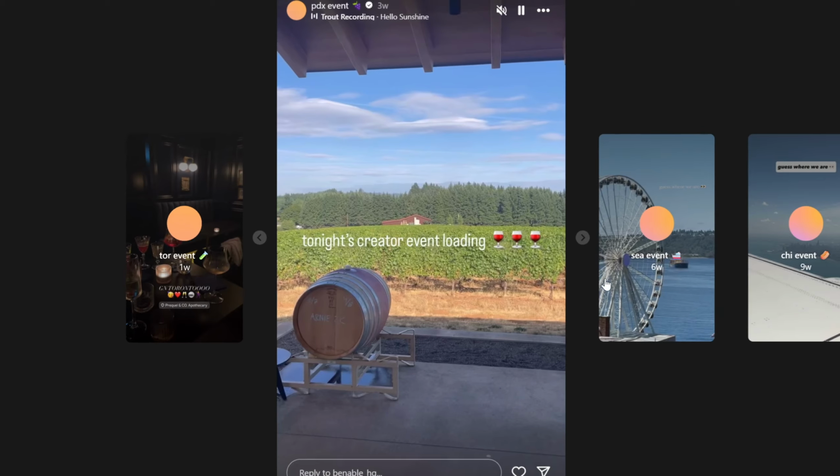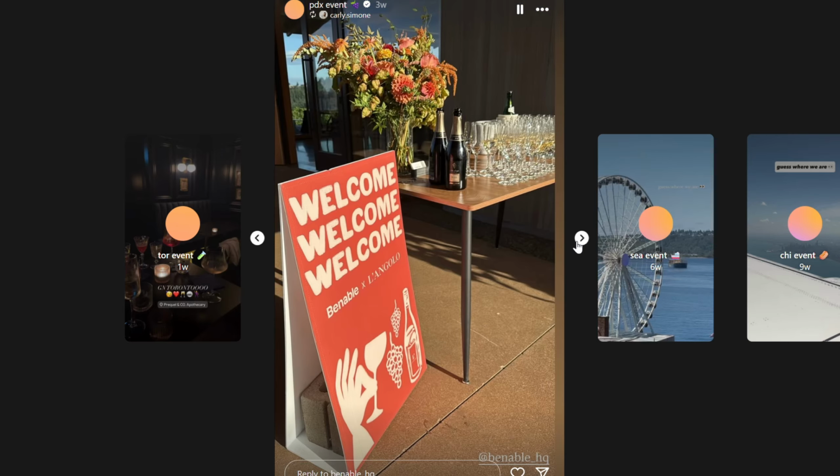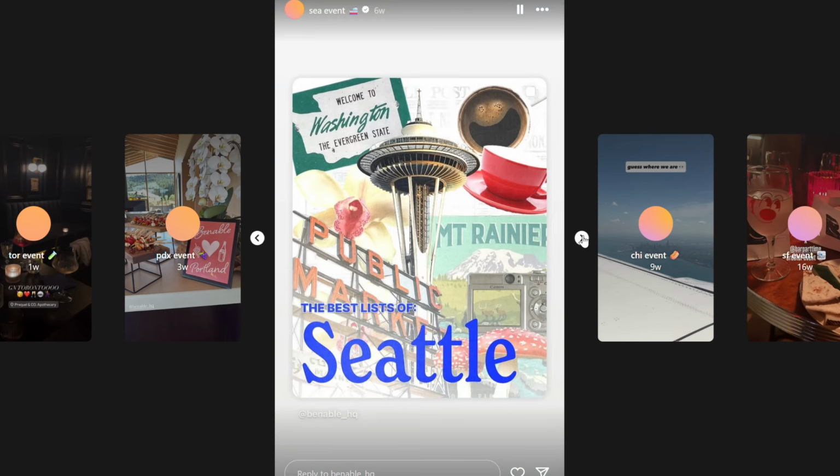I've seen a lot of growth with Benable, especially now with them doing their creator meetups. So it's something to definitely look forward to. Now, of course, the more engagement that you do, the more interactions that you have within the platform, as well as participating in other things like IG stories, whatever posts that they have online, things that they do outside of Instagram, of course, the platform itself, a lot of things to consider. But that's fun work. That's not work.